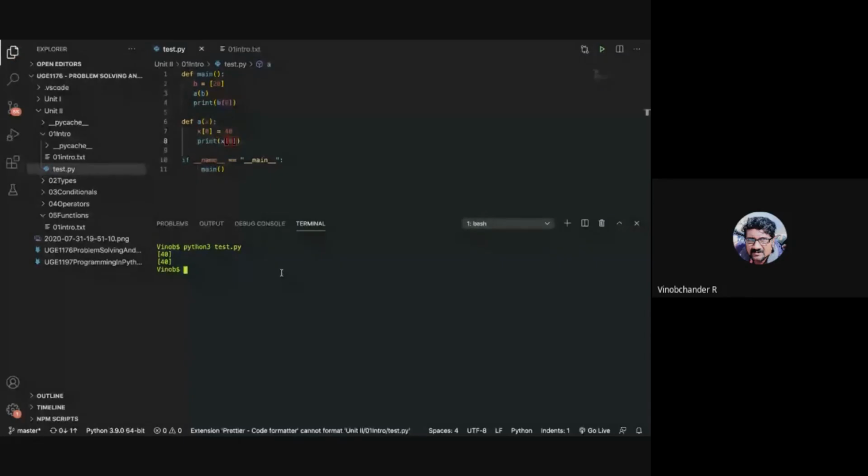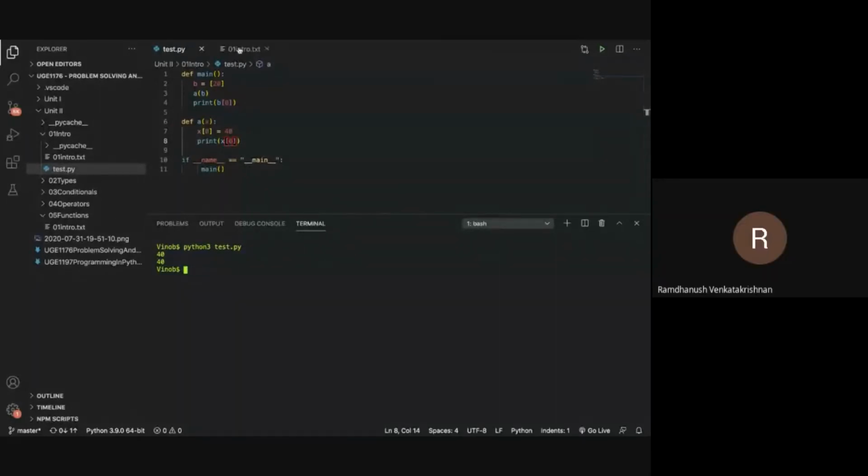Alright, so call by value and call by reference. I repeat, in call by value, you take a copy of the value and pass it to the defined function. In call by reference, the object is passed, so that whenever a change occurs within the function, it is also reflected outside of the function. That is called by reference. Point number 2: immutable types are all called by value in Python. Mutable types are called by reference in Python.